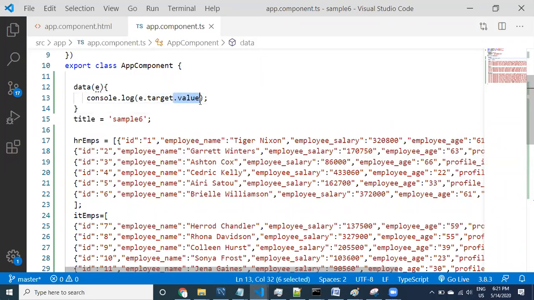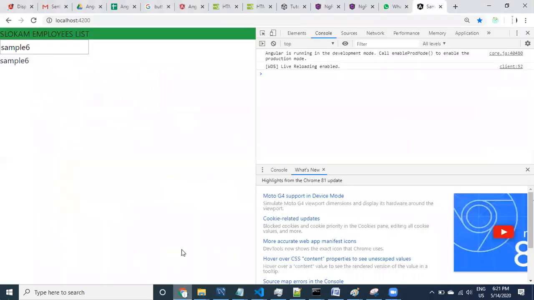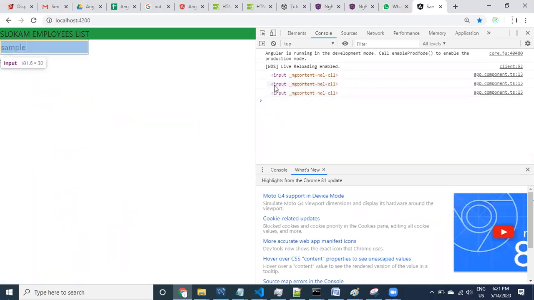Yeah, we'll do one thing before taking the value. Instead of printing the whole event object, I will print only e dot target. Target means input box. So let us look at it, guys. Whenever I do this, now we are printing only the input box. See here, just look at it, guys, only the input. Now I just want to improve something here.